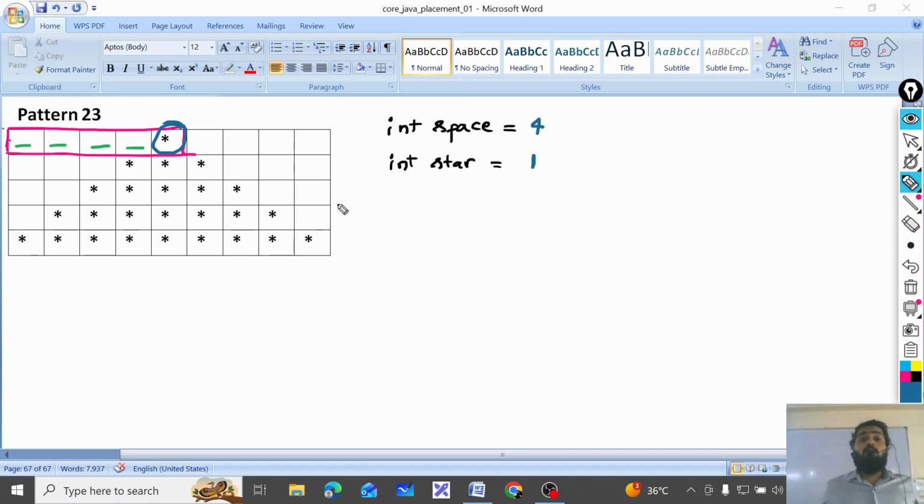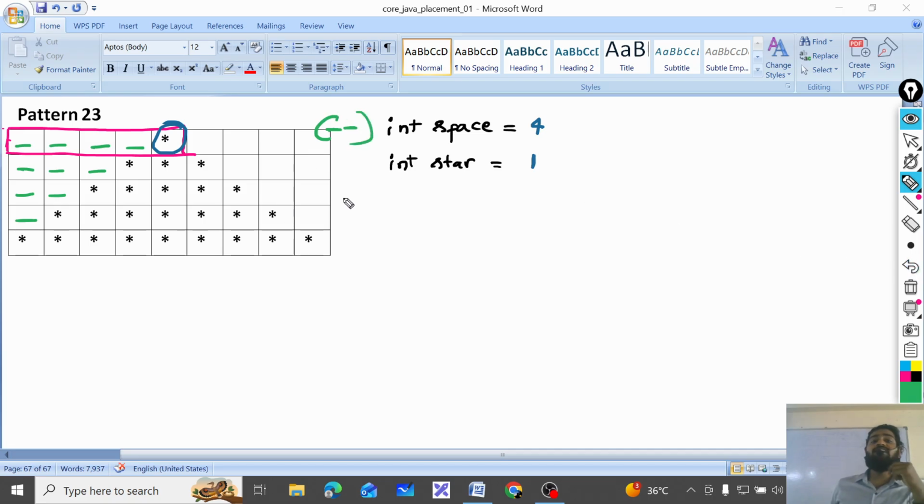Look here, everyone. What is happening with the spaces? I will just tell you. Listen. First row, how many spaces? 4. Very good. Second row, how many spaces? Very nice. Third row, how many spaces? Last row, how many spaces? In the last one, there is no space. You know it. What is happening to the spaces? You see, 4, 3, 2, 1, 0. Space minus, correct or not?